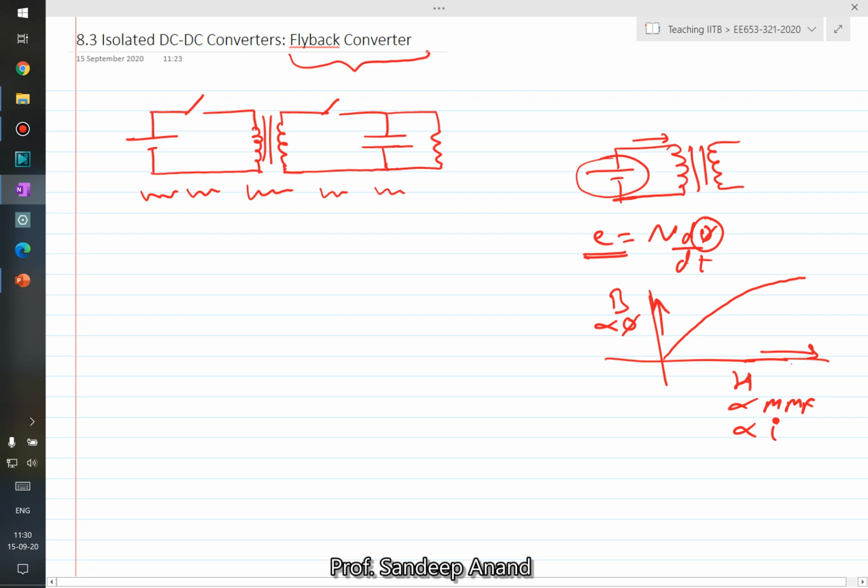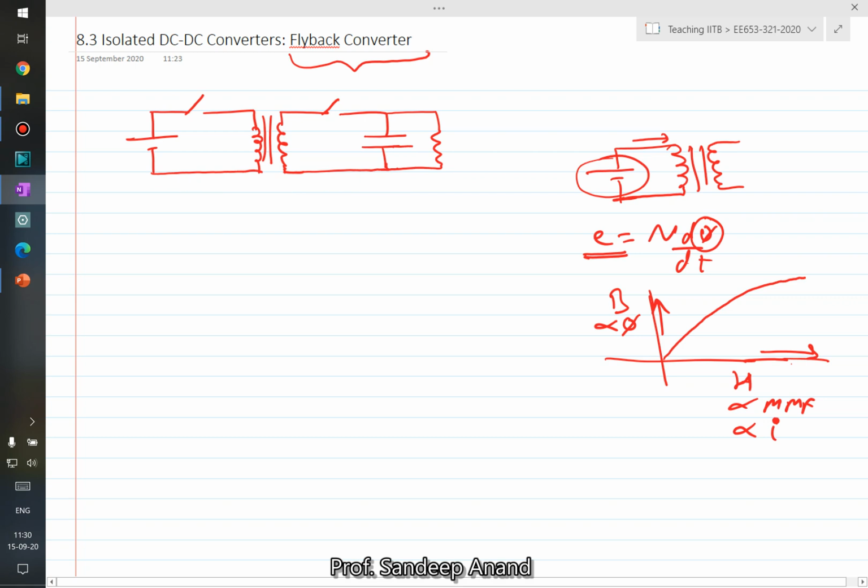And therefore, in the flyback converter, we provide it through a switch, so as to ensure that you increase the flux for some time, then through another switch you decrease the flux for some time, then you increase it again, decrease it, and operate that way, right? That's the basic principle we are going to use in this flyback circuit. So let's see how it operates.